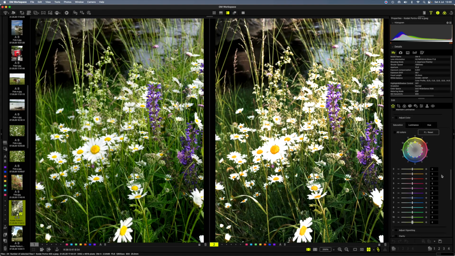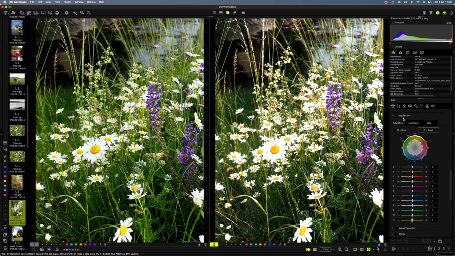So this function here, the adjust color function, is the function that makes the PenF, the EP7 and the OM3 so special. Yes, they all have the creative dial. The PenF and the OM3 are very specific, with the creative dial, and the EP7 has a slightly different version, but the same functionalities are available as the creative dial in the EP7.